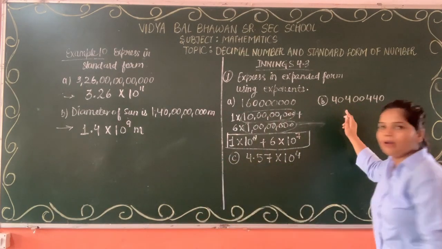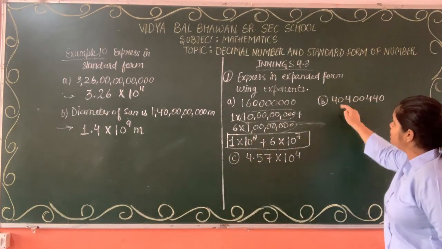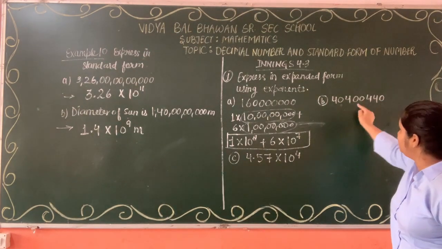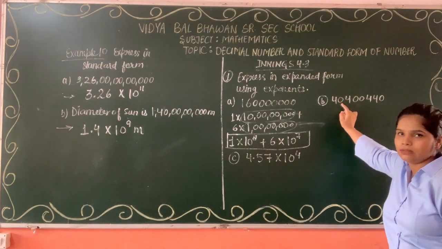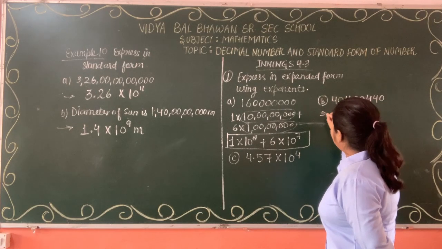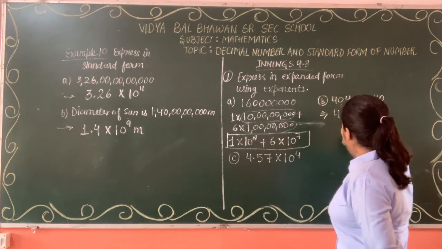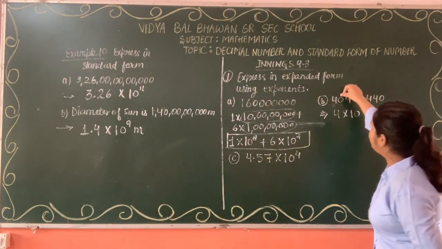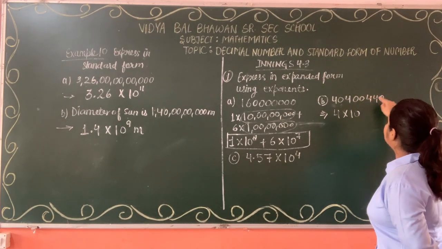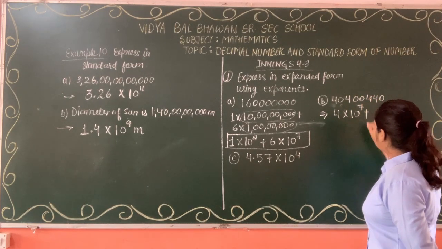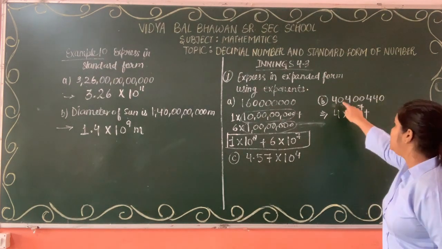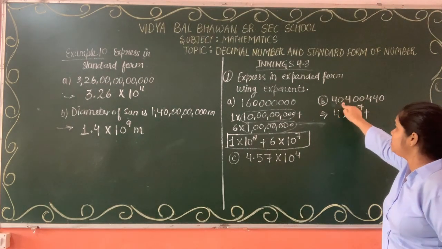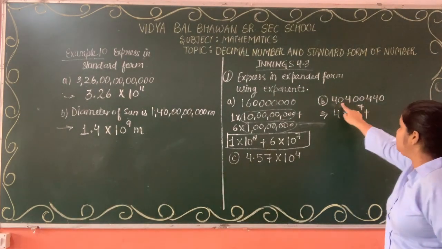Next one here is same again. We are having zeros in between the number, so we can skip these zeros. How will we write it? 4 multiplied 10 raised to the power, I am writing this. What is the place value of this? You will count it. 1, 2, 3, 4, 5, 6, 7. So it will be 10 raised to the power 7. Plus this 0, we can skip this 0 because 0 has no place value, or place value of 0 will be 0 only. So we are skipping this one.